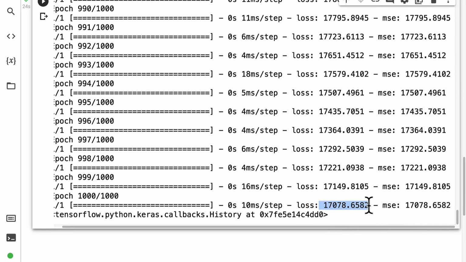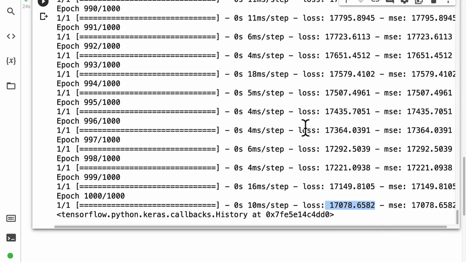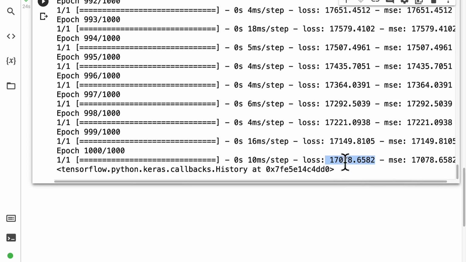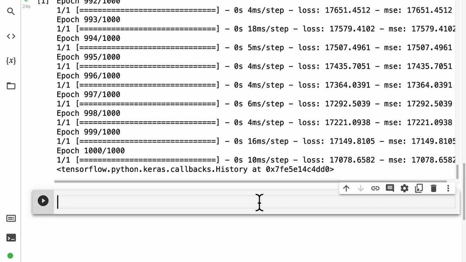Awesome. Okay, that is good enough for now. Feel free to continue training the model if you want to improve this loss. So if you want to get it down further, you can. But make sure you don't overtrain, because if you have a loss of 0, then you've likely overtrained and your